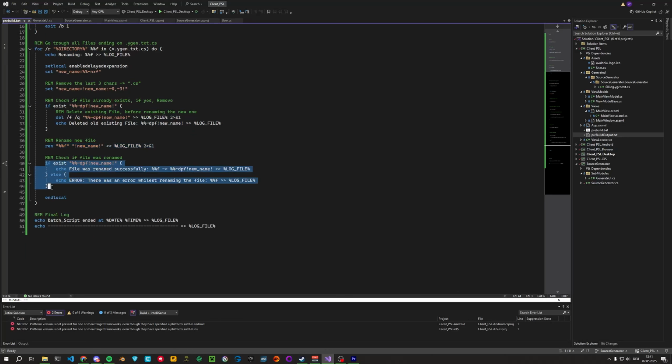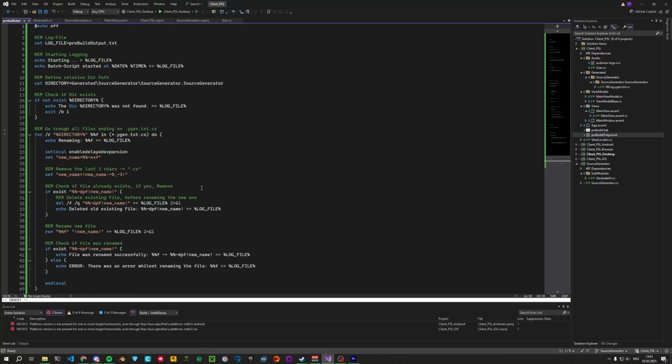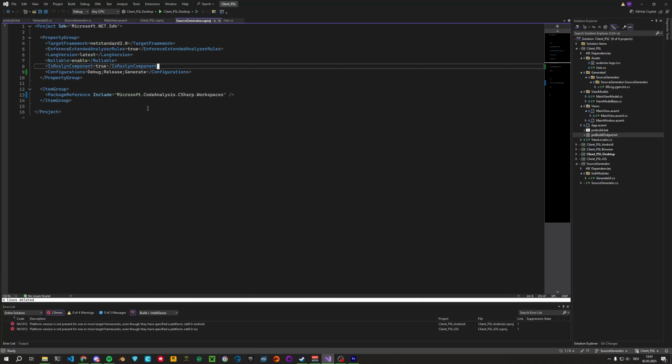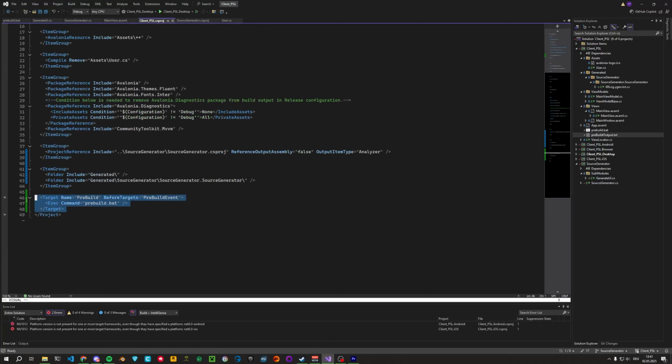And then in here we just check if it worked, else we log an error, and here is the log that it's done. That's the whole magic for the pre-build.bat file. Now in the CS project of your main project, not of the source generator, add this